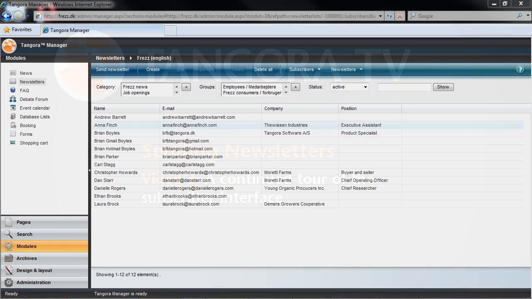In this video, we'll be taking a tour of some of the other features in the subscriber interface. We've already reviewed categories and Smart View filtering, and I'm going to take you through the other features in this view. At the top in the blue bar, there's a Send Newsletter button, which we reviewed in the previous video, and the interface that this brings up will be the subject of the next video.